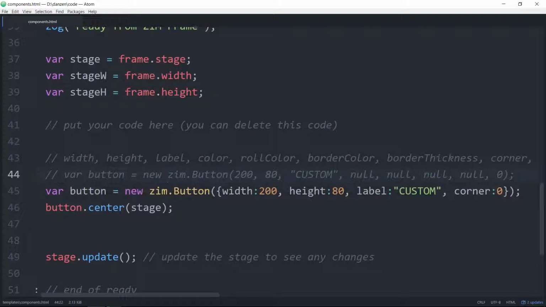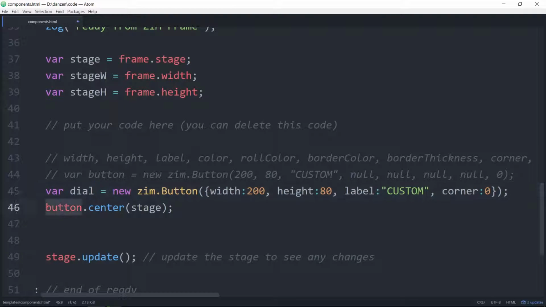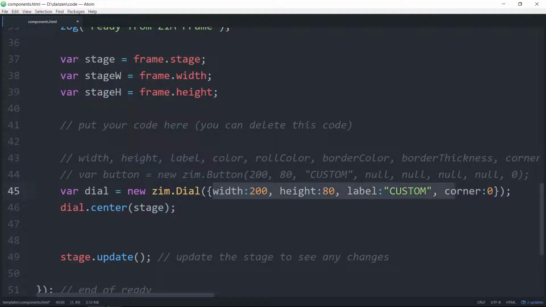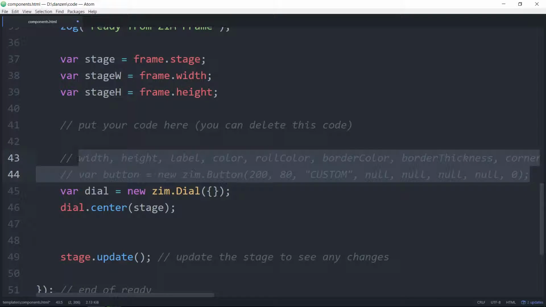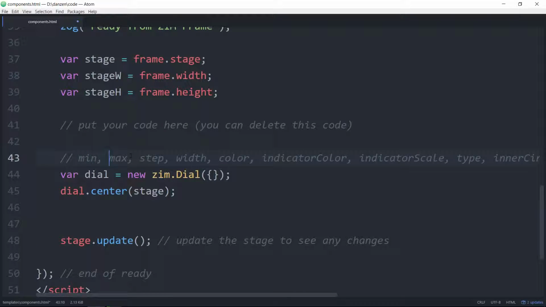All right, and a dial. So we'll make a dial. Var dial is equal to, and we will add that to the stage, and we will say new Dial, and then we'll get rid of all of these things and we'll just paste the parameters for the dial. So a min, a max, a step, a width, a color. Well, we might want to make it big, so a width of, say, 300, and comma, and a color of,